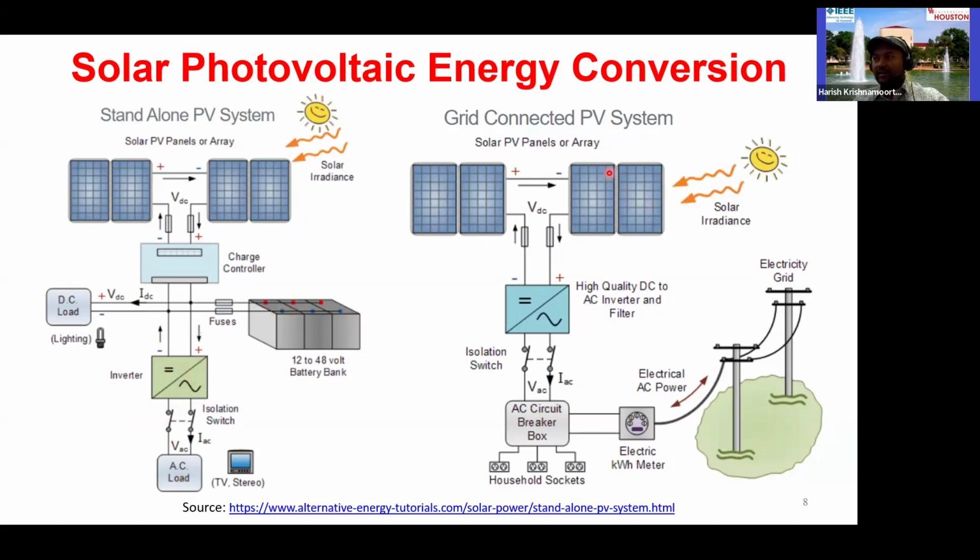But you need some sort of a battery backup to power the loads when the sun is not out. On the other hand, you have a grid-connected PV system where the solar plants, through an inverter, are connected to the grid, even though you have the local loads. There is a grid connection. So during the evening times, or when the sunlight is not significant, you can take energy from the grid as well. So now we are seeing both sides of the solar PV system across different applications.